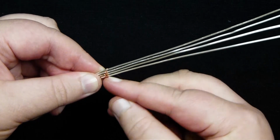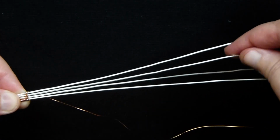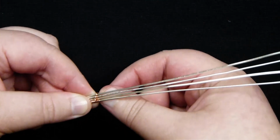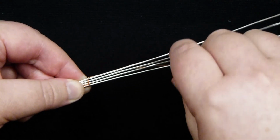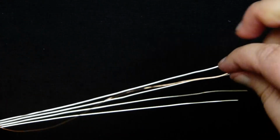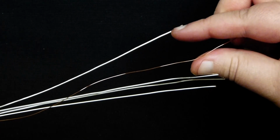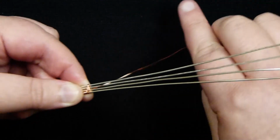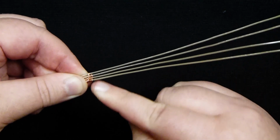And that means we need to do the single wrap, but this was around the third base wire from the bottom, or the second one from the top. So that means I need to come up between the very two middle wires from the back here, so the very middle of them all, push it down, and then I need to go down between the top two base wires, so in between here, because we just want to wrap around that third one from the bottom on its own, just like we did on the other side of the wrap in the middle here. Push it all the way down,